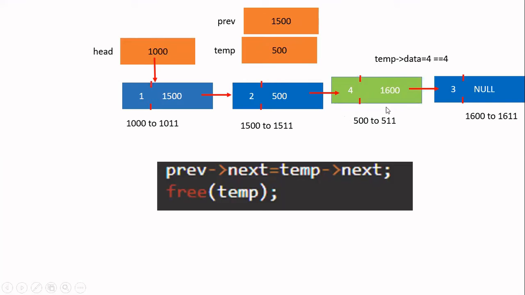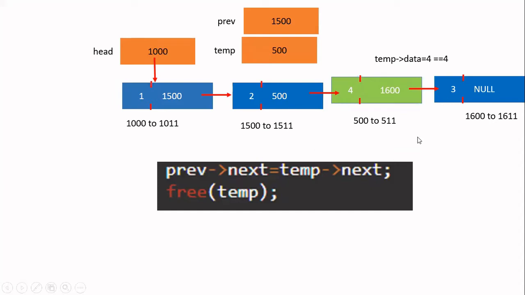You see, this 500 I have to release to the garbage area. If I simply write free of temp, this entire memory will be released. But before releasing this to the garbage area, I have to make this pointer, you see, this pointer is now pointing to temp, okay? And this is pointing here. Now this I am going to remove. When I remove this, I have to make this pointer point to this, okay? Focus on the mouse movement. This I have to make.